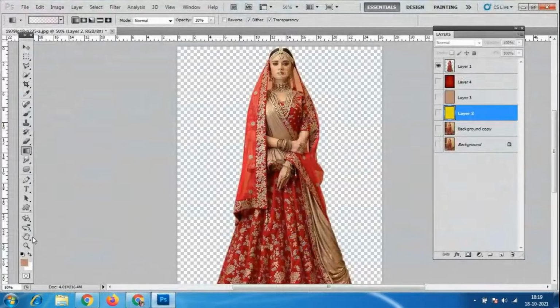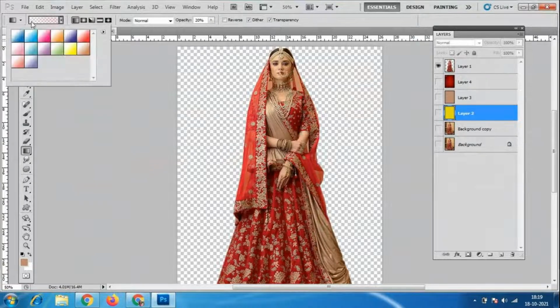So in the paint bucket tool, you can see only a single color, right? In the gradient tool, we have multiple colors which are merged, and we can customize these colors. Click on here, there is a small button that is called the preset button.